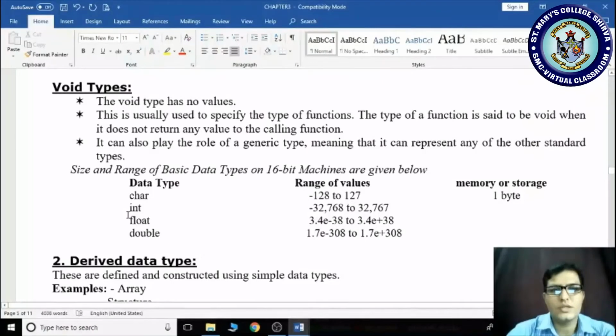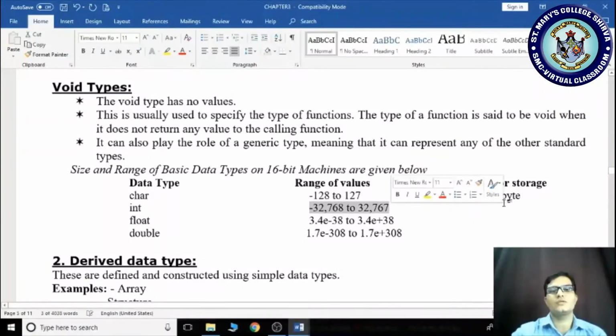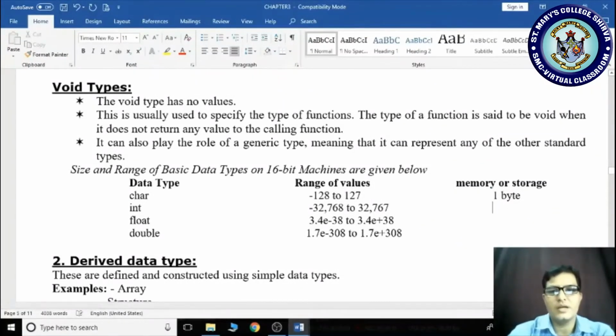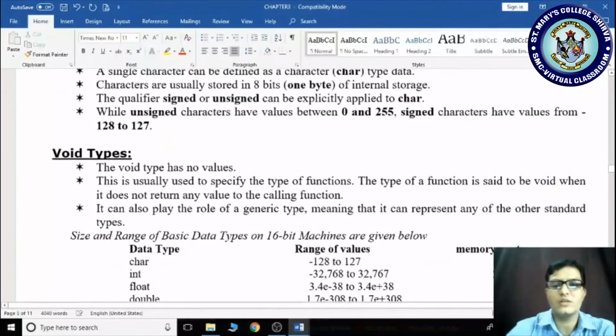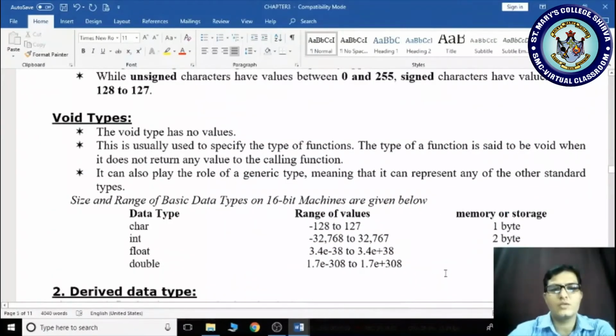If you are using the integer data type, then what is its range? -32,768 to positive 32,767. So if you are using the integer data type, then its memory consumption is 2 bytes. It occupies 2 bytes of memory. If you are using float, its range is 3.4e minus 38 to 3.4e plus 38.